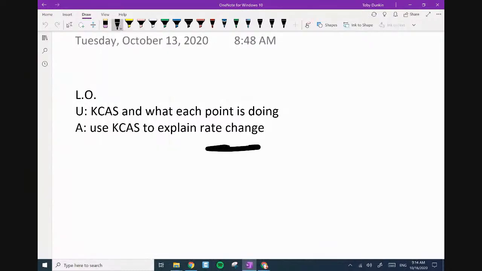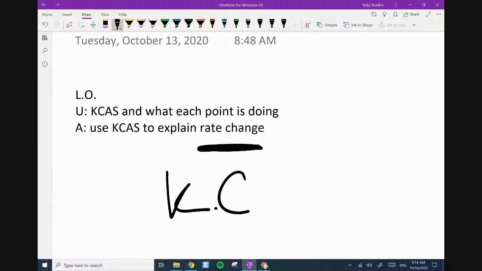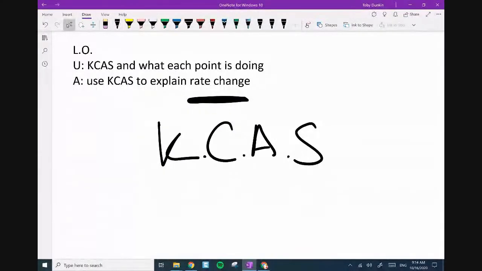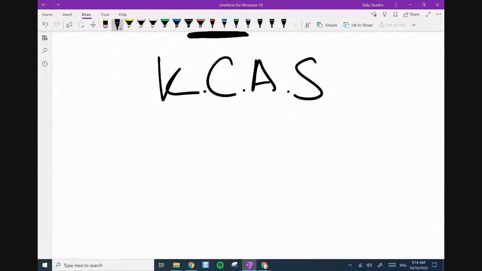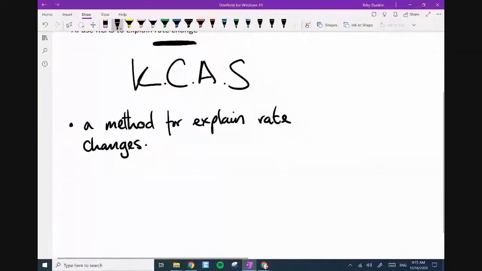KCAS is a method for explaining rate changes,